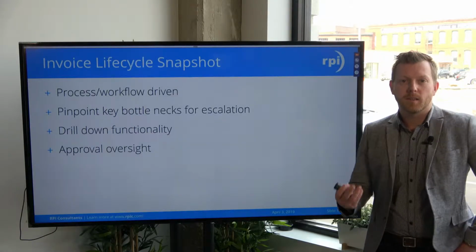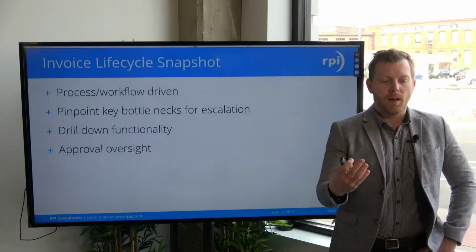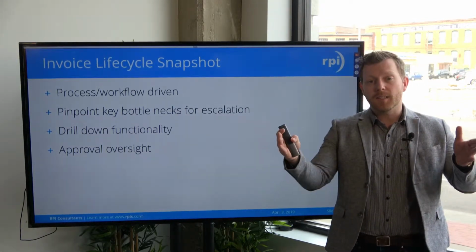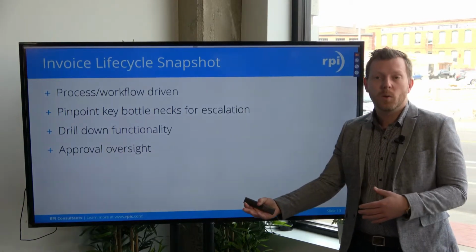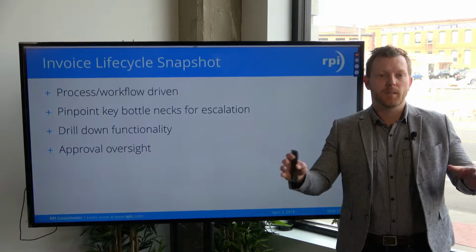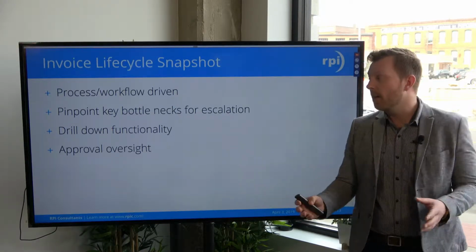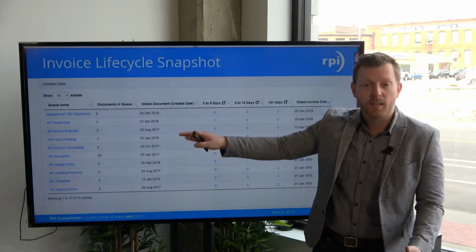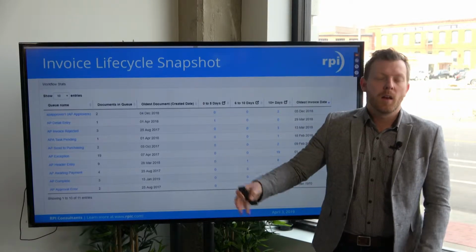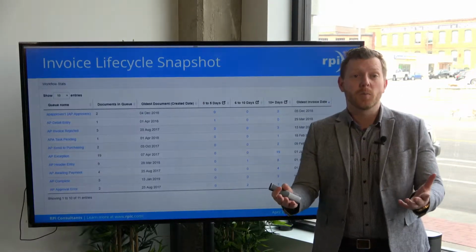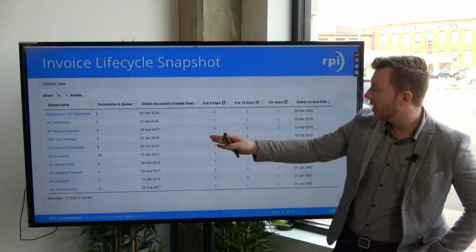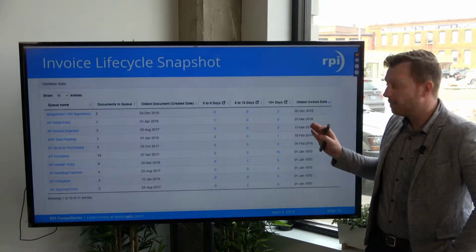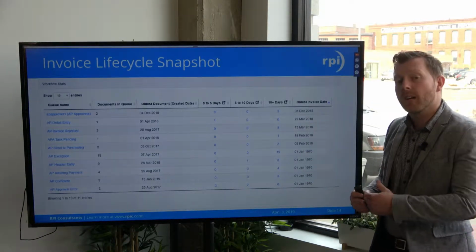So next one is the Invoice Lifecycle Snapshot. If you have an accounts payable solution in place right now, this is a good opportunity to get a snapshot of everything that's in flight again. Similar to the accrual report, this is going to give you more of a solution-based view, essentially, of everything that's in flight. What we're looking at here is basically Yoga Docs, the dashboard that's involved with that. If you put that on top of a workflow process, so let's say an accounts payable workflow process right now, you can identify key areas of where docs are, how long they've been there, what the oldest invoice is in that particular queue, and identify areas where you can move things along.